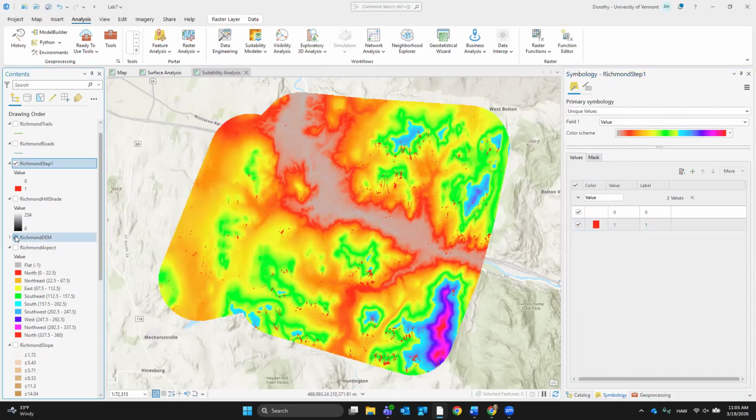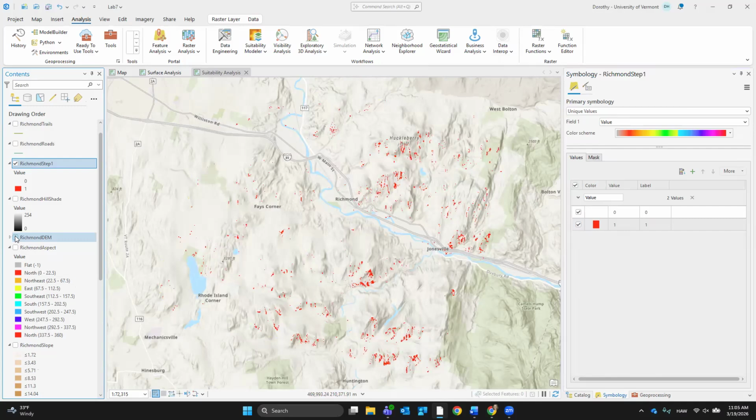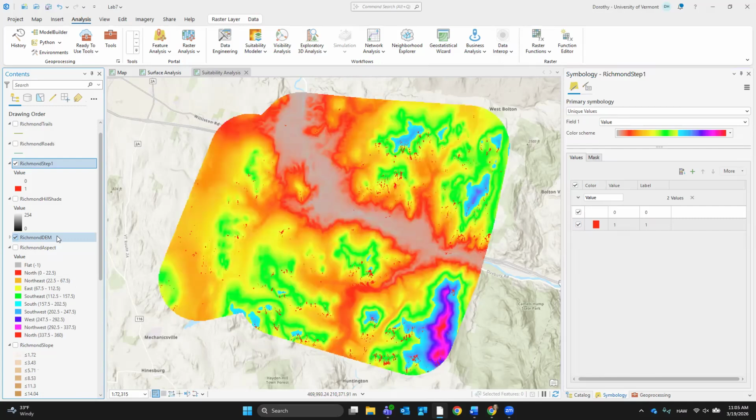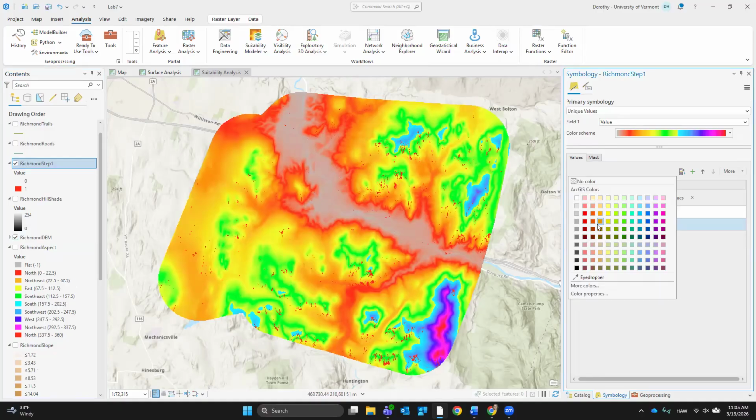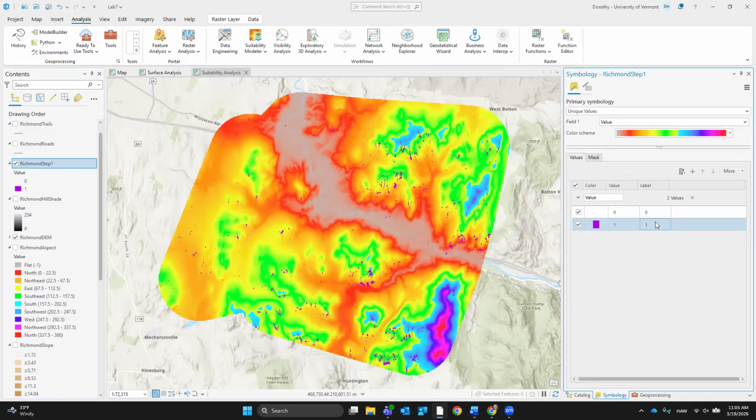Is it because my elevation model? Yeah. See if you turn the elevation model off. So you can see the elevation model is like this. So you probably want to pick a different color because usually elevation is in a graduated something. I'm just going to pick something goofy like hot purple. I don't know. That works for now. All right. I go ahead and click save. Is it perfect? No, but it works for now.